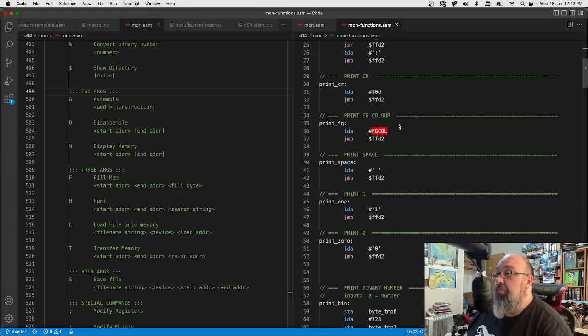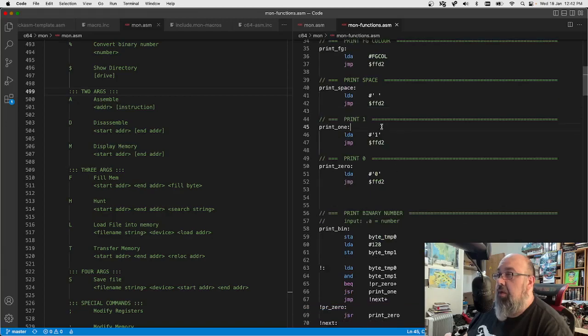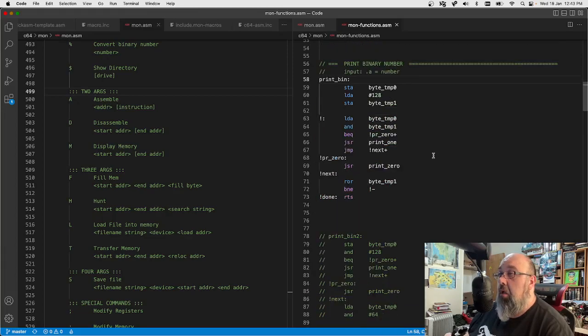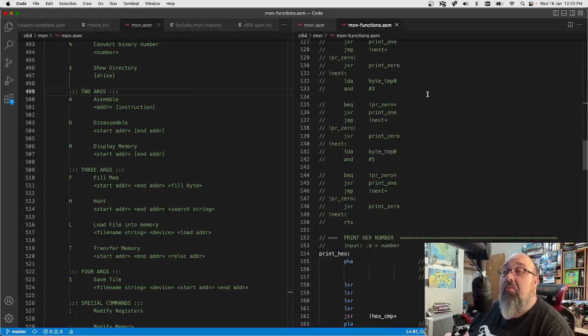Print carriage return, print foreground colour. So again, you run this if I want to change back to the foreground colour. Print a space, print 1, this is used for my binary. You saw that I do binary conversion when it prints the status registers flags out, prints that in binary. And this is my print binary routine, which used to look like this. I used to go through one bit at a time,